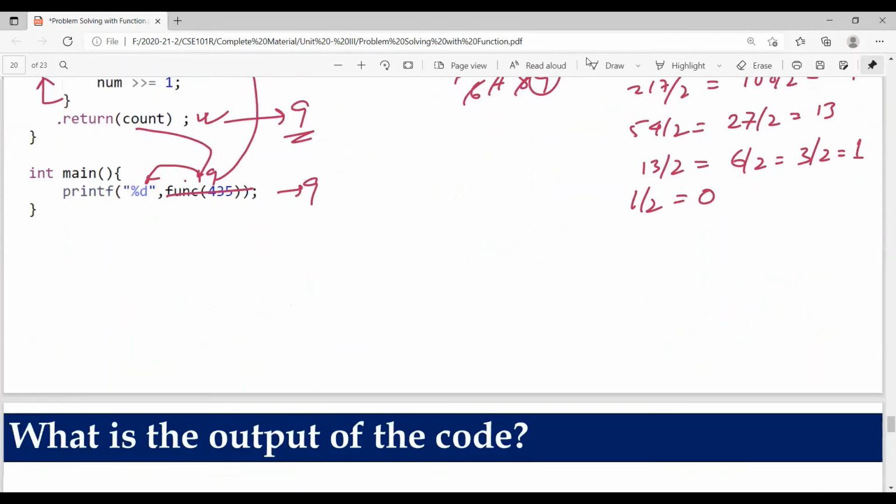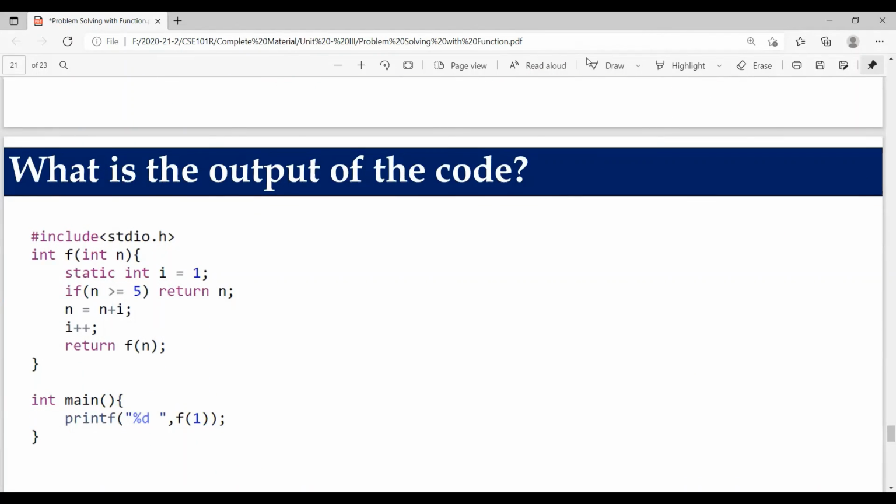So let's proceed. What is the output of this code? Again, there's a static concept. Same concept we're going to fill in here. We are calling the function f with 1, correct? The value of n equal to 1 is not static, it is a non-static variable. The static variable gets declared, i equal to 1, it is static, fine, separate memory. 1 greater than or equal to 5 becomes false. 1 is not greater than or equal to 5. Correct? So the first time we are calling with 1, f is now executing.